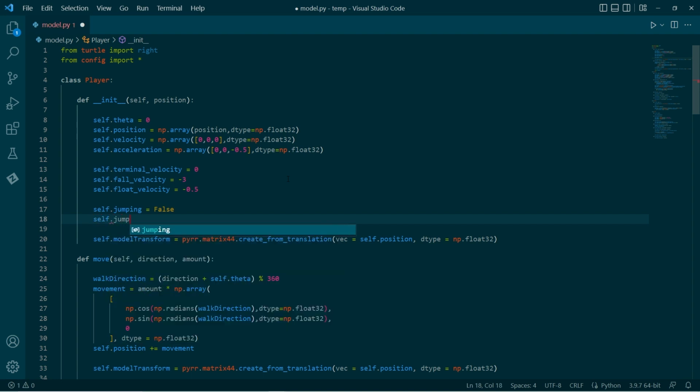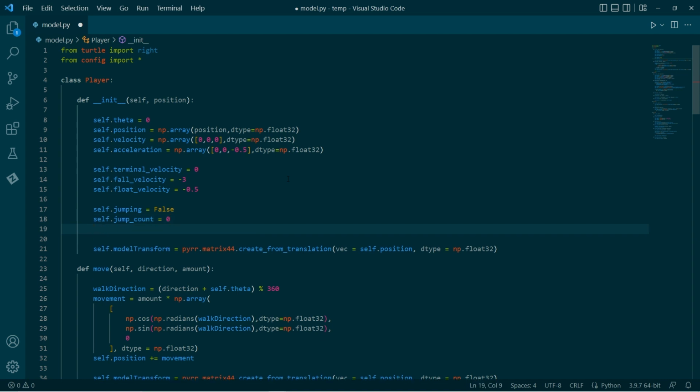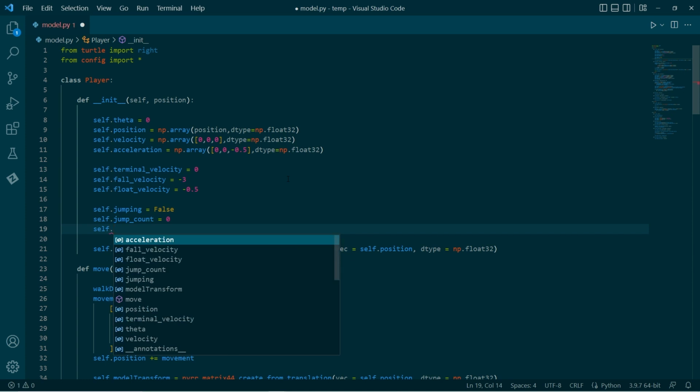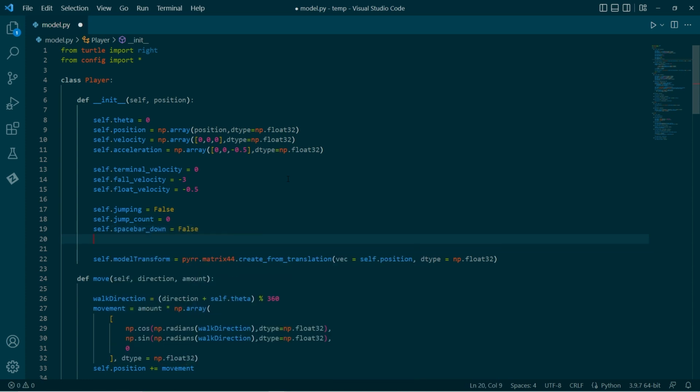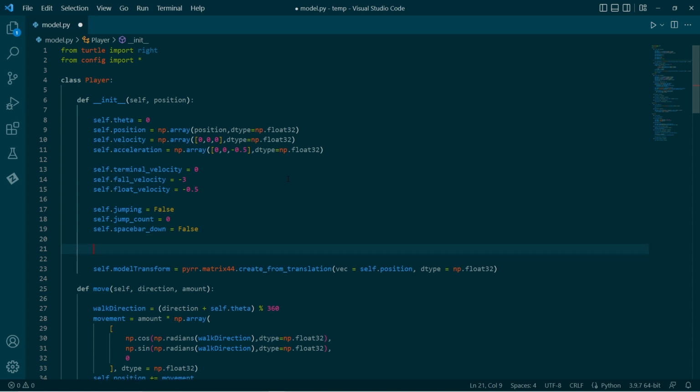Now we also want to keep track of the number of jumps which have been performed before the player hit the ground. So when the player hits the ground, that'll be reset to 0. And when the space bar is pressed, we'll be testing this to see, does the player have fuel, basically, to jump again. We also want to keep track of whether the space bar is down. Now we can do this other ways, but I'm just going to use a simple Boolean variable and update that to check whether we should be floating.